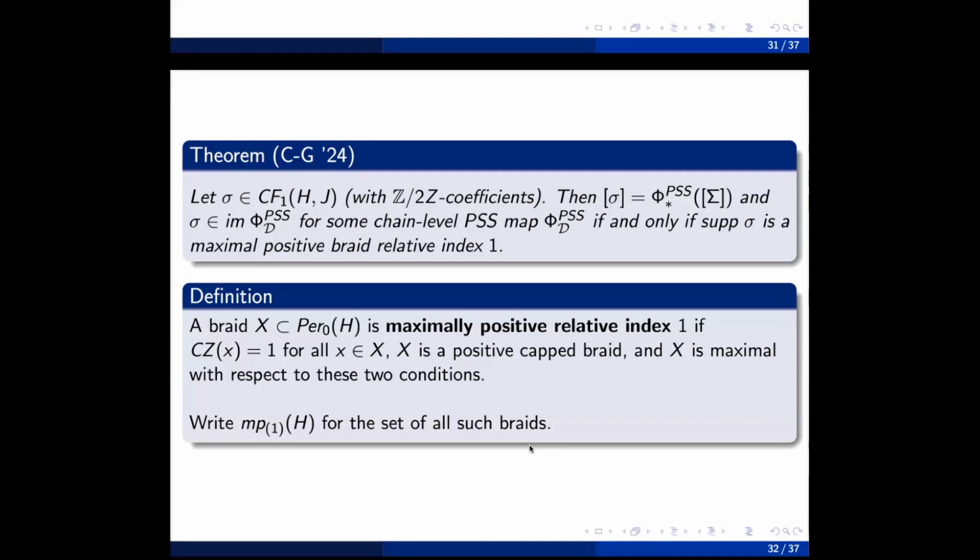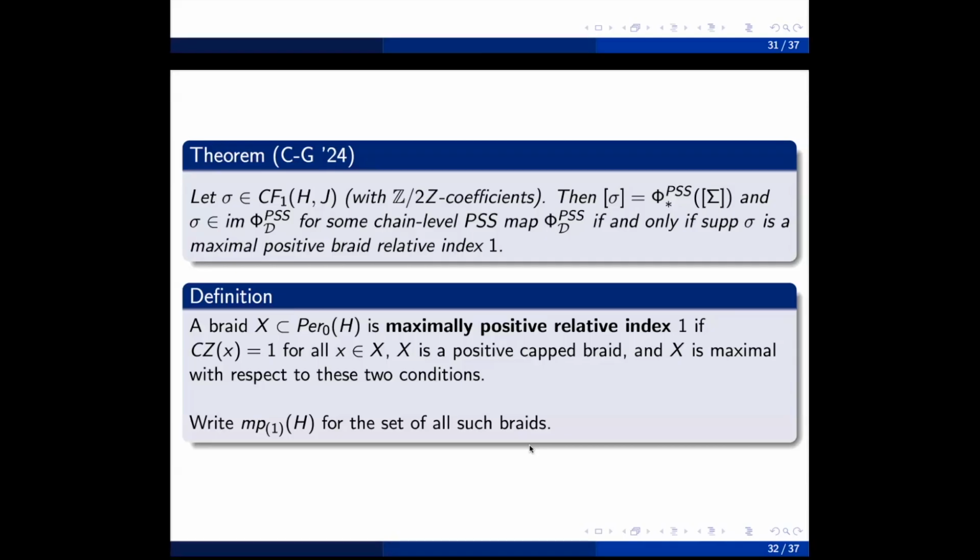So what is this notation of PSS map start D? That's some regular PSS data. It's a chain level map, and so to define the chain level map, you need some generic source of data. And so this statement says that if you have some maximal positive braid relative index 1, then in fact you can find some chain level data such that